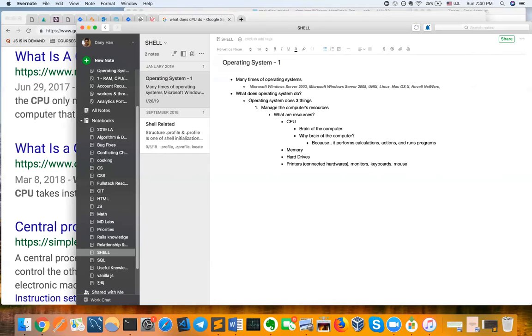So if you think of it that way, if CPU is the brain of the computer, and that CPU basically runs programs, this is the most important thing. CPU runs programs. Then you could ask, well, first, let's define what is a program in your definition. What do you think it is?